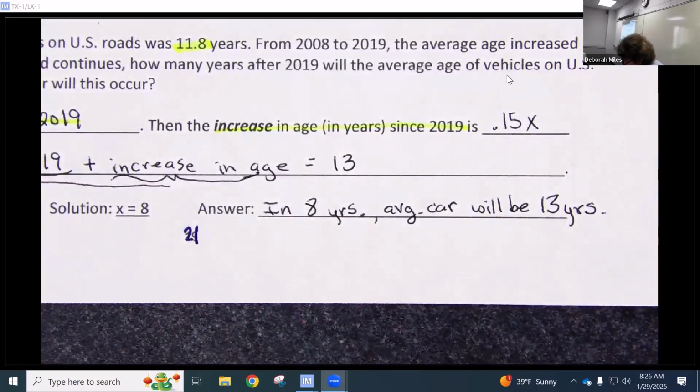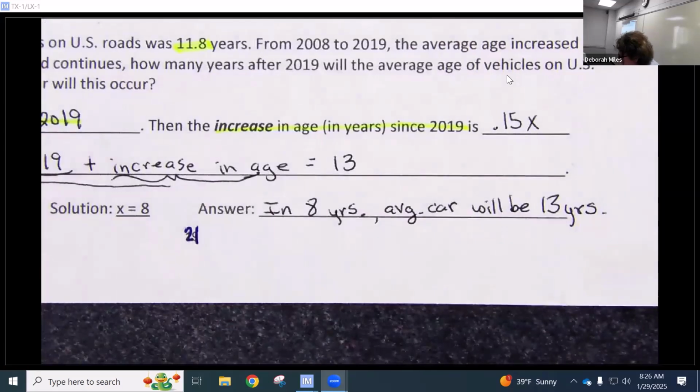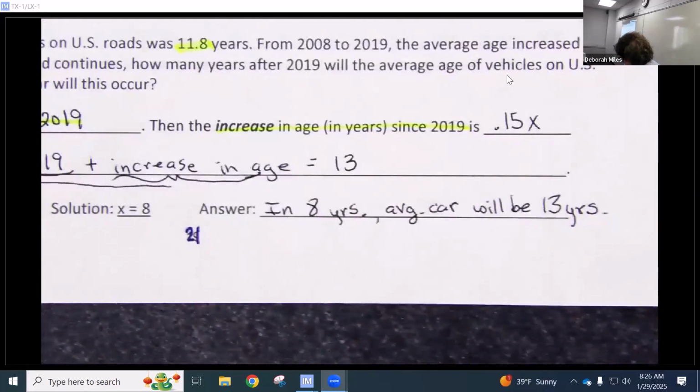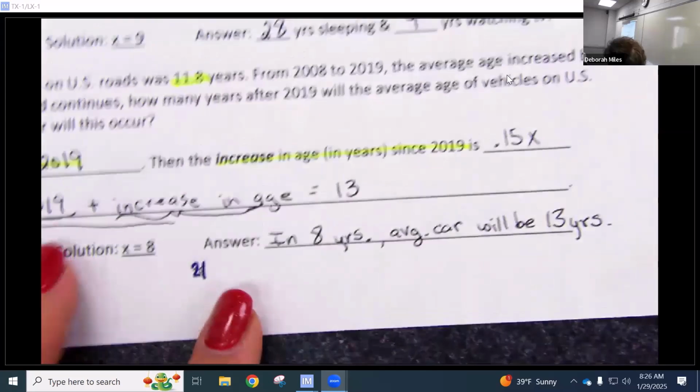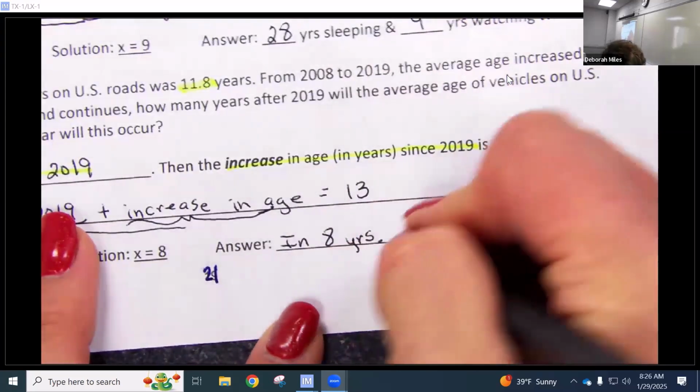Have I answered everything that was asked of me? No, I just answered the first question. How many years after 2019 will the average age be 13? It also asked in what year will this occur? I don't get that 2027, because where'd you get it? 8 years plus 2019. Yeah, 2019 plus 8. So I'm just gonna say,